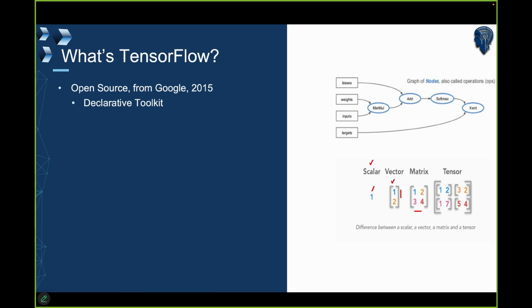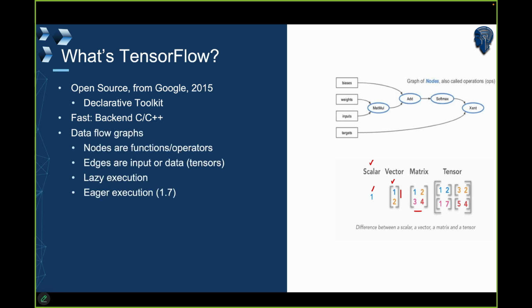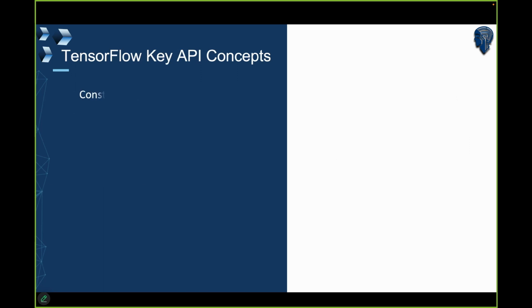So, declarative toolkit. Backend is C, C++, my favorite. Data flow graph: nodes are functions and operators, edges are inputs or data or tensors. And lazy execution and eager execution options in version 1.7. The key concept, at least the bare minimum requirement, is that you understand how the variables are declared or how